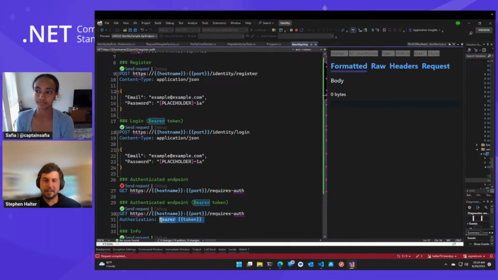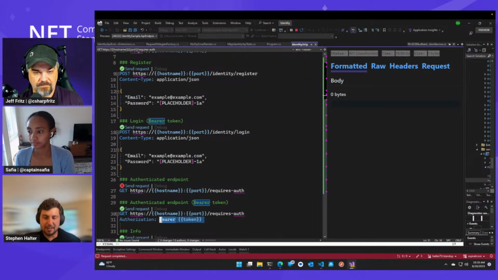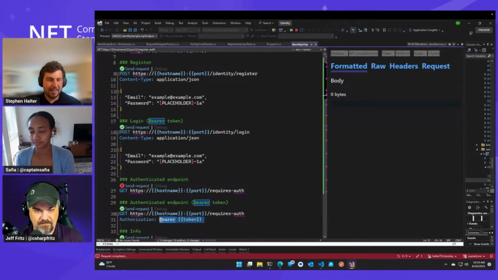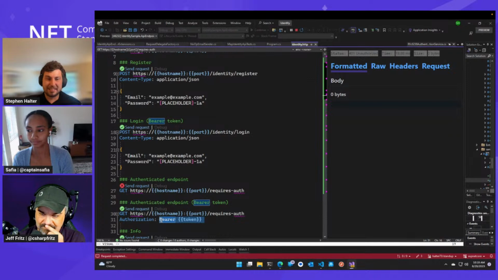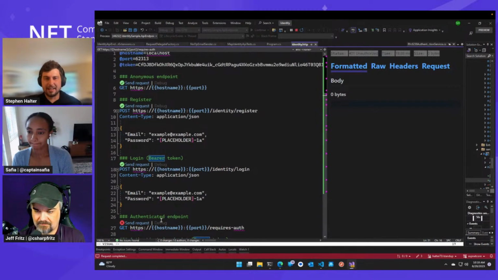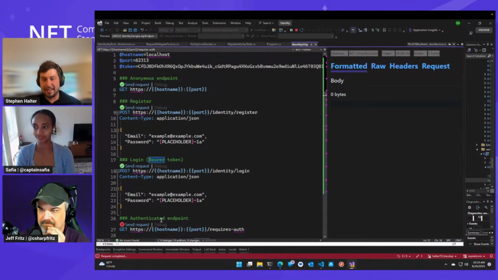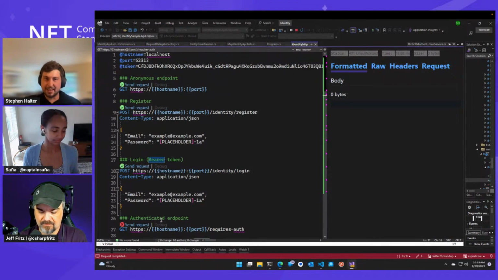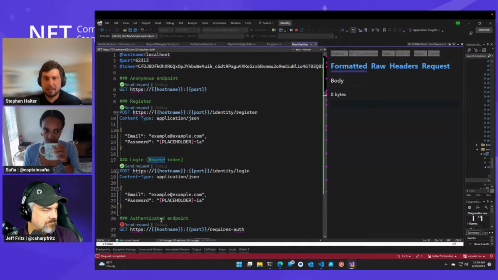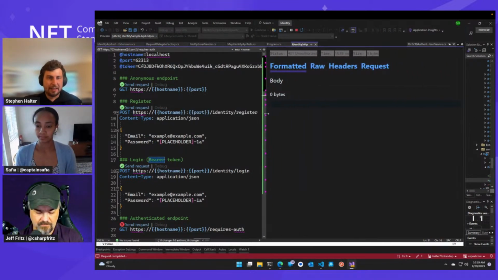And the question is, how do you get a bearer token? There's this thing called OIDC, which is great for when you're like a Google or a Microsoft or a Facebook, and you want other applications that aren't necessarily even written by you to be able to log in using your identity provider. That's good. We also recommend using Azure AD or Entra for this kind of stuff in big apps. But certainly for developing and testing things with identity, and for a lot of smaller apps, maybe line of business apps, we think this is a great solution. So without further ado,